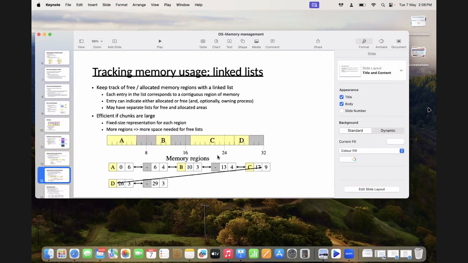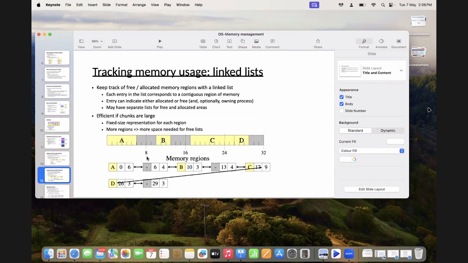Then comes our linked list. Same as the bitmap, the linked list is something you might have read about in your data structures. This linked list stores the process name, its starting location, and how many memory chunks it occupies.